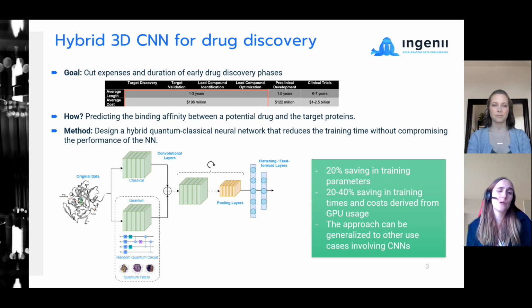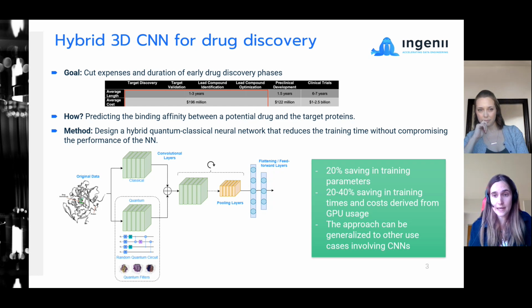So in this project, we designed a hybrid quantum classical three-dimensional convolutional neural network to tackle this problem. In particular, we took a 3D CNN and replaced the first layers of the CNN with quantum layers. By doing so, we reduced the number of training parameters by 20%, going from 10 million to 8 million. This in turn meant 20 to 40% savings in training times and costs derived from using